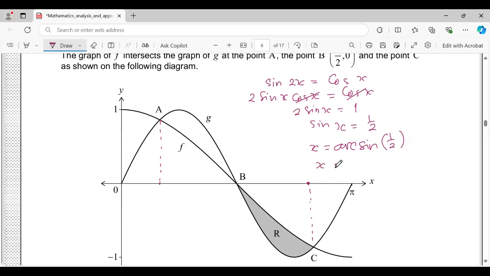X equals pi over 6 and 5 pi over 6. So this is pi over 6. This one pi half, and this one 5 over 6 pi. Okay, so